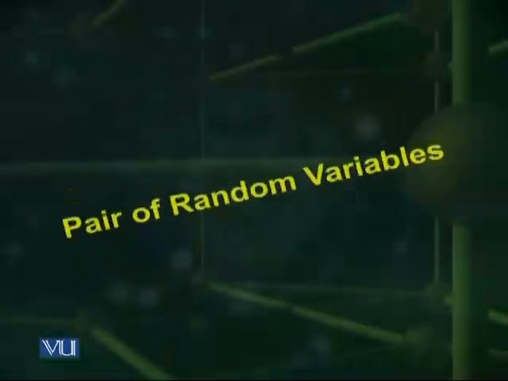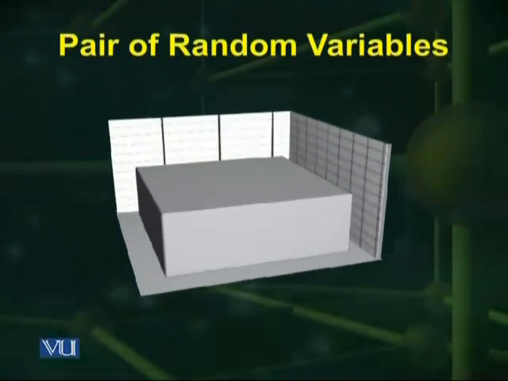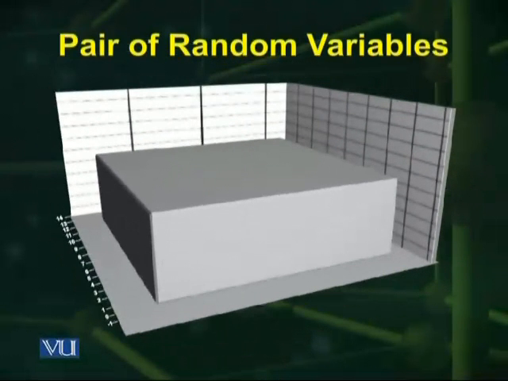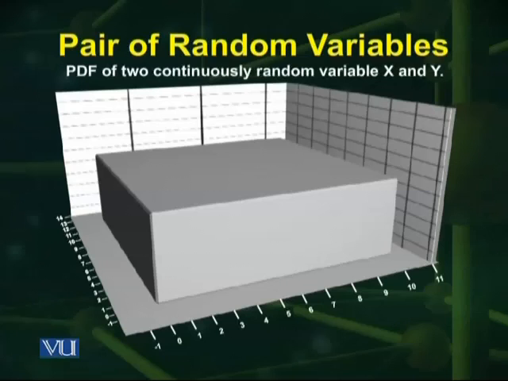where we had two random variables x and y, and they were defined by a flat type of PDF. This PDF was defined in such a way that it was flat over a rectangular region, and this rectangular region had sides which were parallel to the coordinate axes. So the extent over which this pair of random variables x and y were defined were x from 0 to 10 and y from 0 to 13. So there was a 10 by 13 region of the xy plane over which this joint PDF was flat, non-zero, with a constant height of